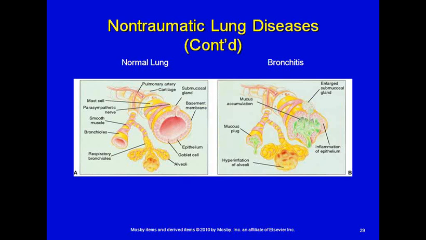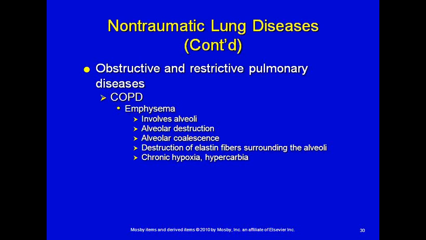And then here's just a picture of the normal lining of the bronchioles and the terminal bronchioles, and that during bronchitis the bronchial walls become inflamed and mucus is overproduced and accumulates in those airways and has to be coughed up. Emphysema actually involves the alveoli, not the bronchioles. It's a destruction of the alveoli